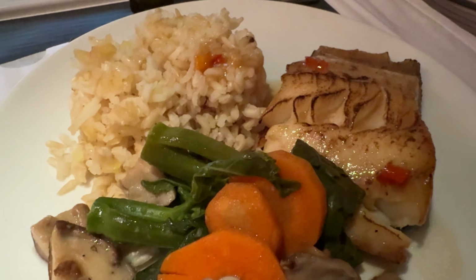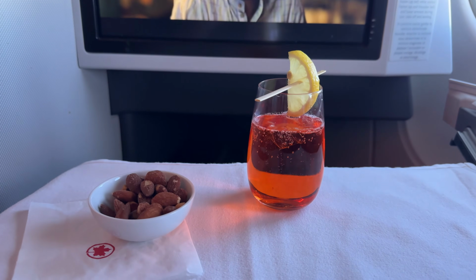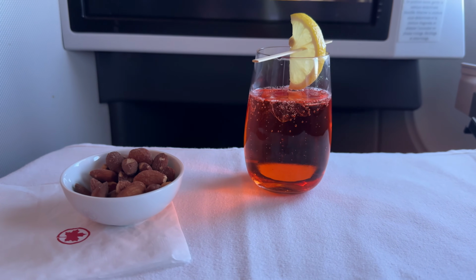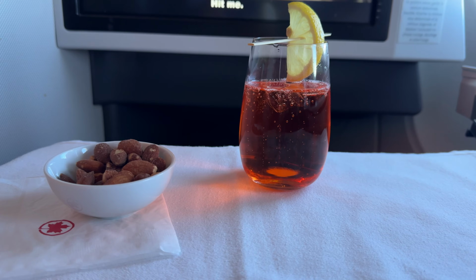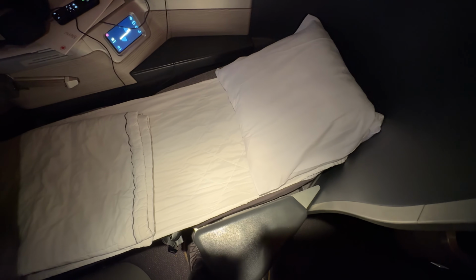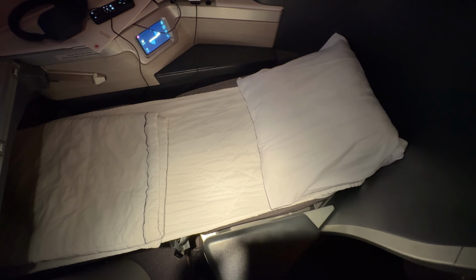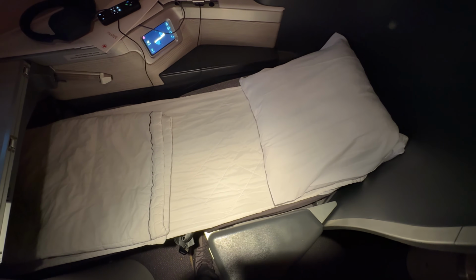The service and food just does not match the price tag. Don't get me wrong, the fish was great, but the rest was mediocre at best. Service looked like they all hated their jobs and they were only there because they had to be. While the seat itself was comfortable, the amount of space in the seat was tight. This might be a controversial take, but I felt like I had more room in an Emirates 777 business class